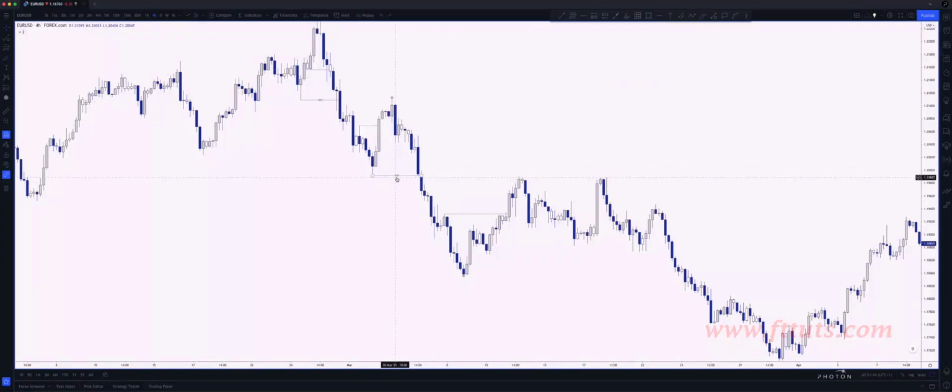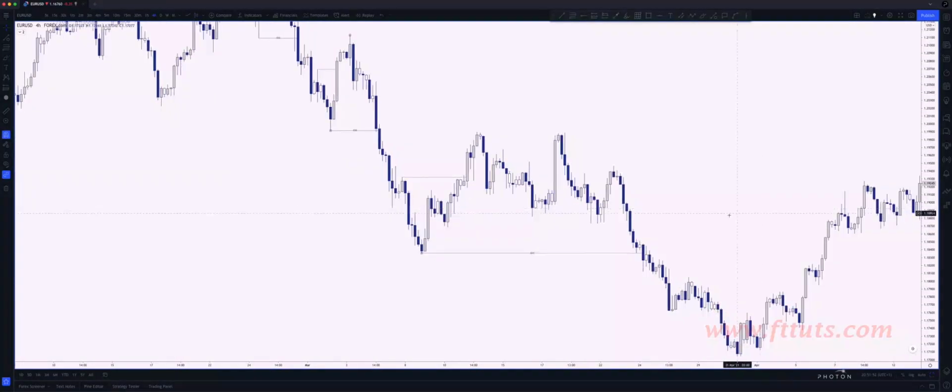So then what do we have? We get our 4 hour break of structure. Now a really important but simple point to note is that we never actually know that this is a confirmed lower high, right? Until we get this break of structure and the candle closure below that low there, because you can see everything you want to see, and you can see price coming down really nicely, right? And you can have really high conviction that we are going to get that break of structure and that lower low, but price can still come all the way down to here,